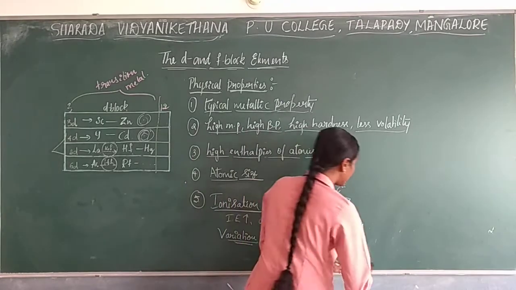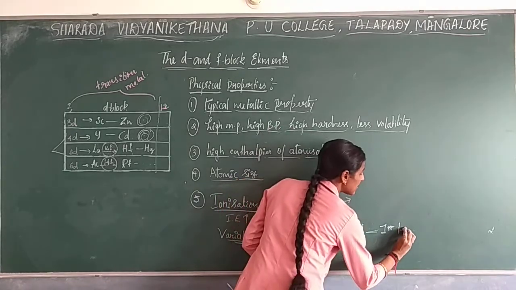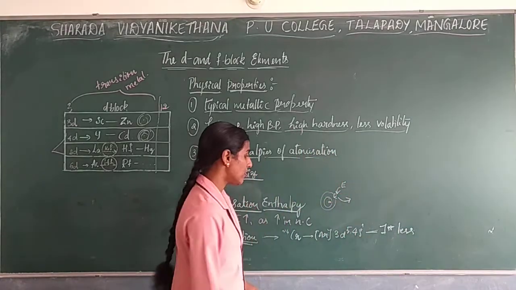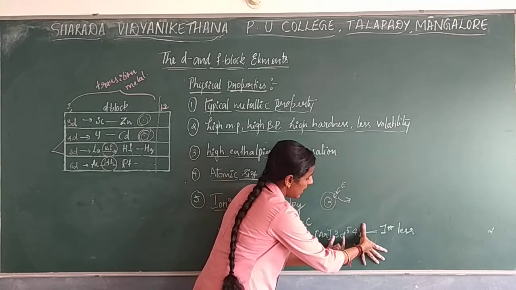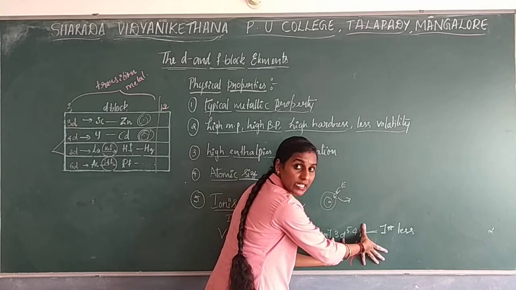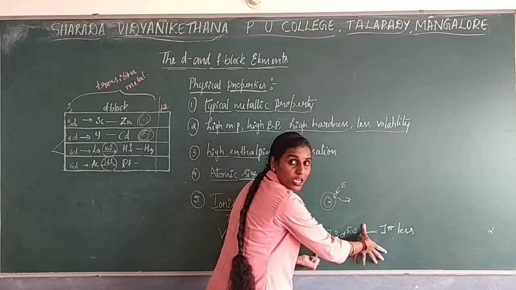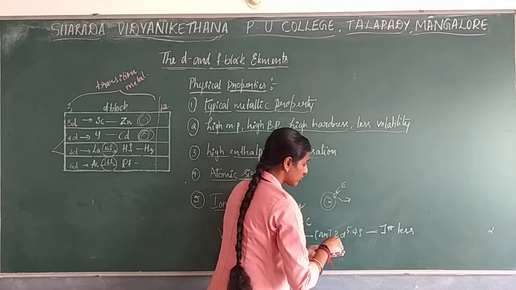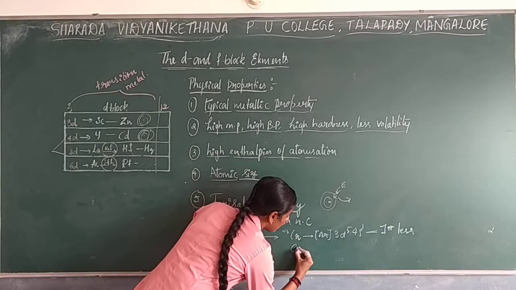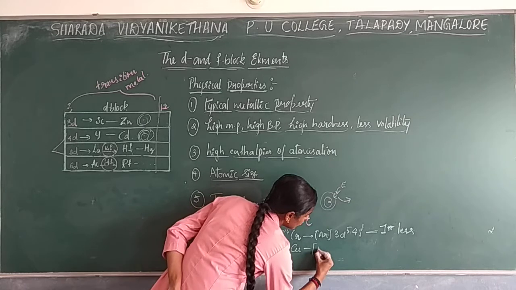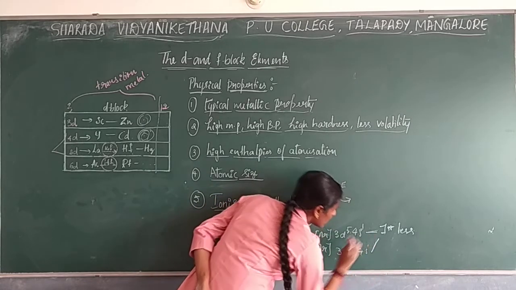Okay, so you need to write over here that the first ionization enthalpy of chromium is less. Why is it less? Because you want to remove the electron from the last shell. If you remove the electron from this last shell, then the remaining electrons present in your d5 half-filled orbital give more stability to the compound. So the removal of this one electron is easy. Okay. Now in the same way, if you go with copper also, copper is 29, in the sense there also argon 3d10 4s1. So here also the same thing.